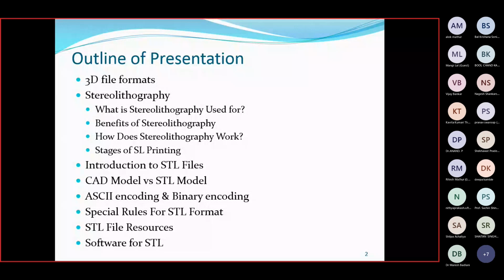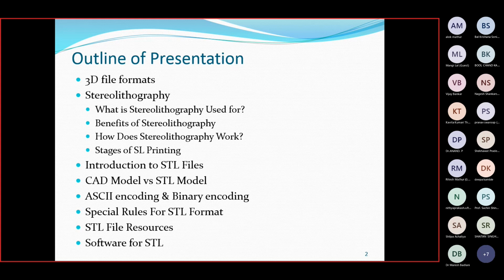We will see some of the stages of SL printing, and where the STL files are going to fit in that. On which stage you especially need STL files, we will see that part also.